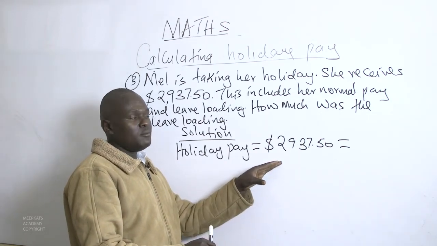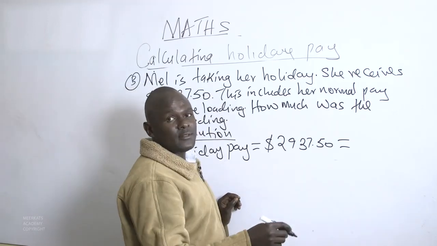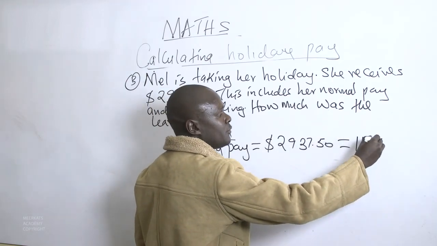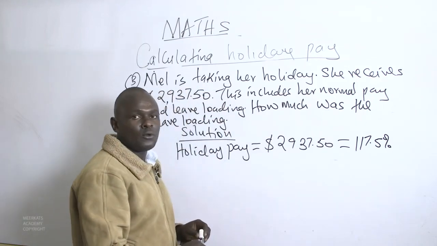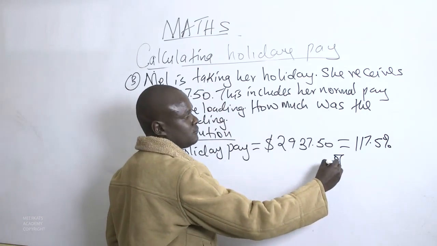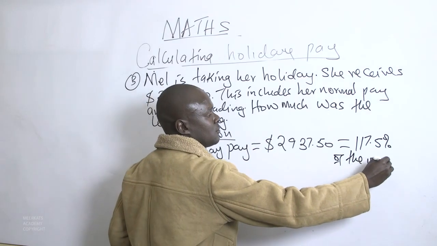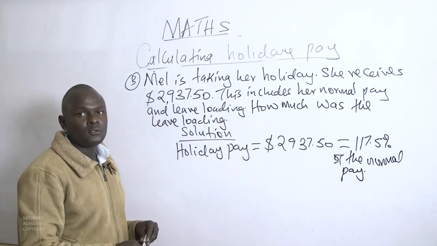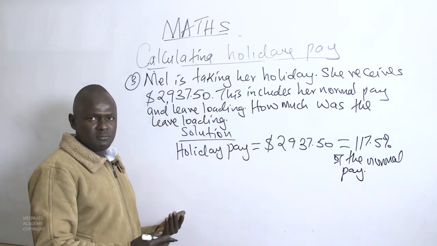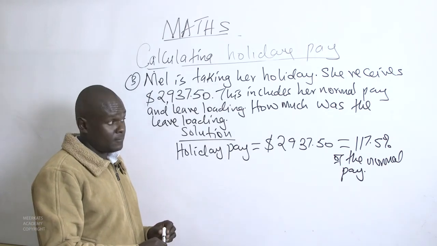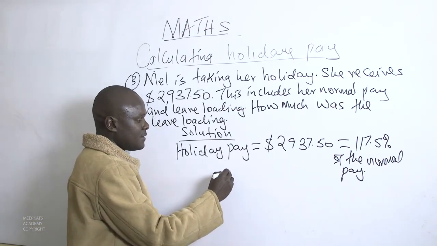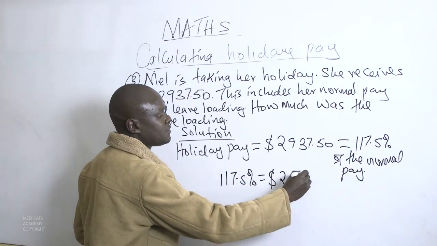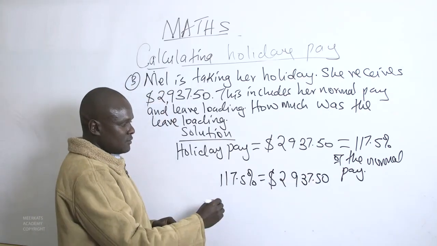So this $2,937.50 is 117.5% of the normal pay. And remember, the leave loading is basically 17.5%. So if 117.5% is equal to $2,937.50, then the leave loading,